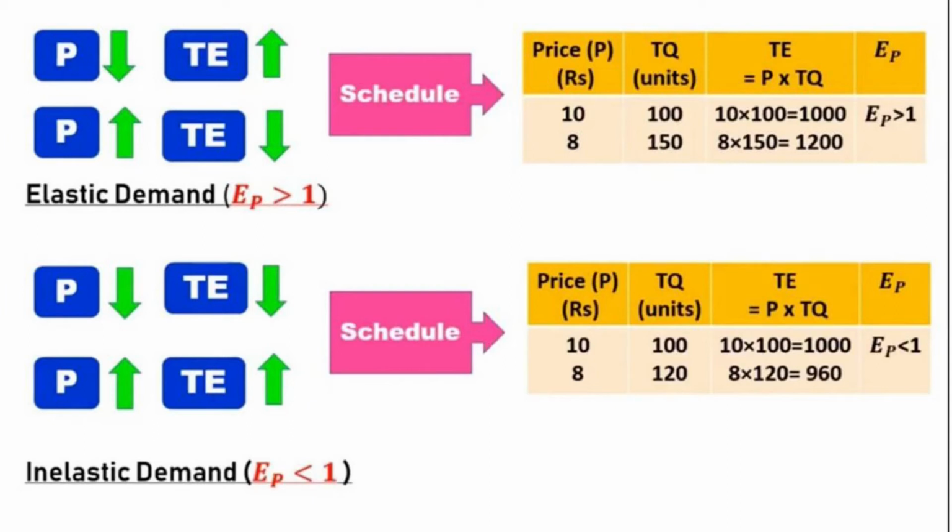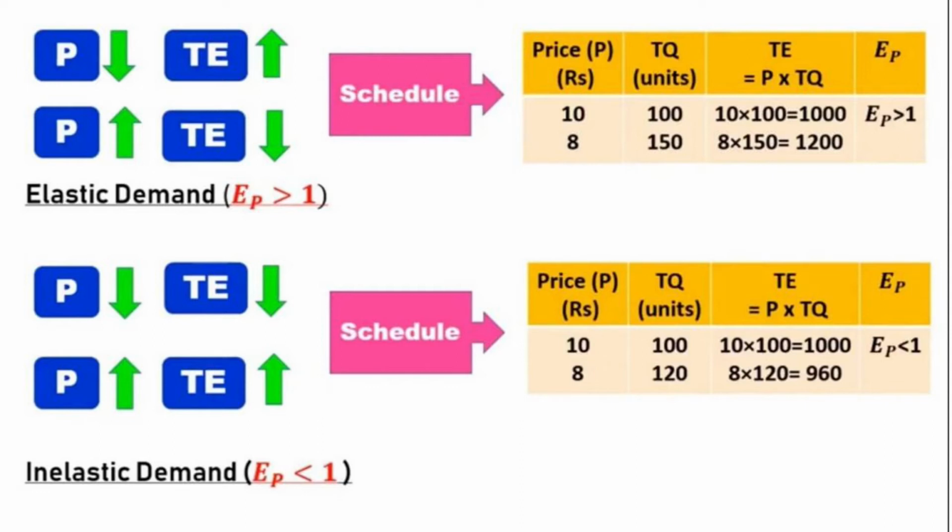It is not going to have very great changes, but slight changes. The quantity you are demanding is going to be at the same level, but it has increased to an extent, so it is going to be stable and elastic. The reverse you can see: when the price of the commodity is less, the total expenditure is also less. When the price is higher, total expenditure is also higher.